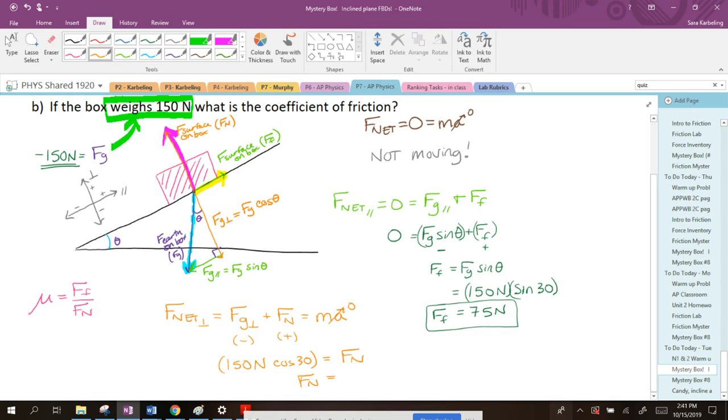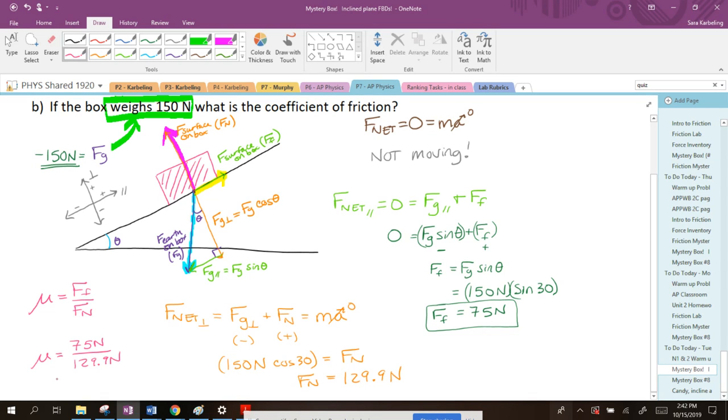So Fn equals, do you have a decimal value for that? 129.9. And so then we can say that mu is equal to 75 newtons divided by